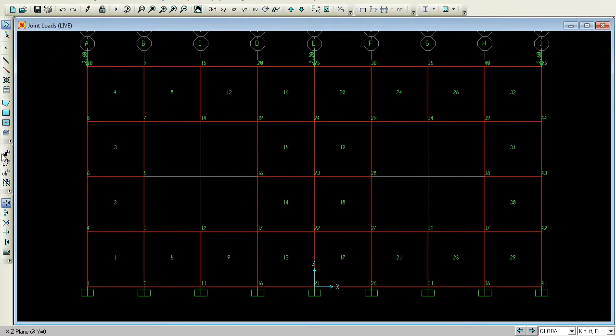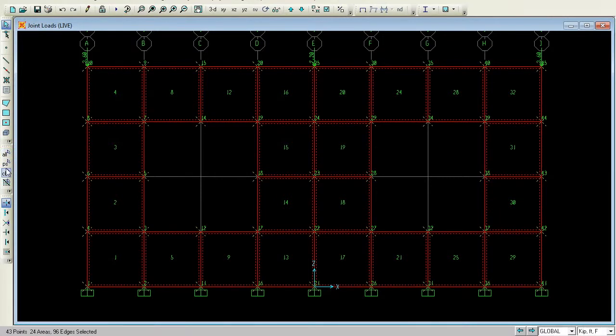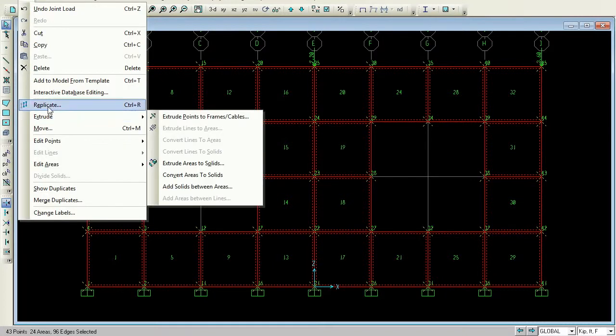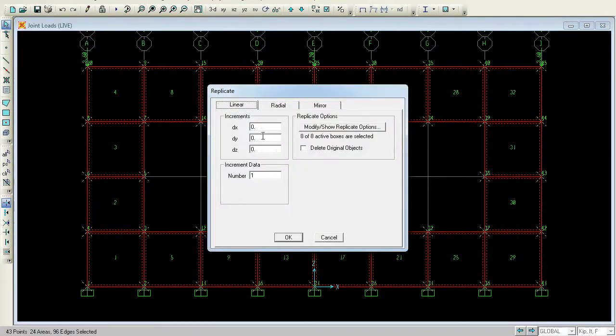So OK, and now what I'll try to do is I will try to duplicate the member. So what I'll do is I select all the members over here. This is an icon to select all the members, and now I want to replicate it. So edit, replicate into the x direction. So it is dx, it would be 24, and I want to have around 5. Increment data is 5. So x, this distance is almost 24.